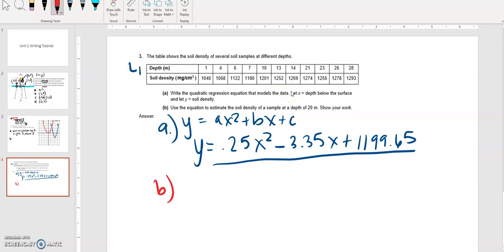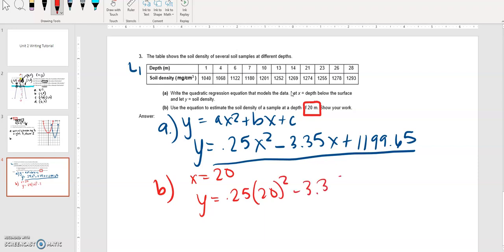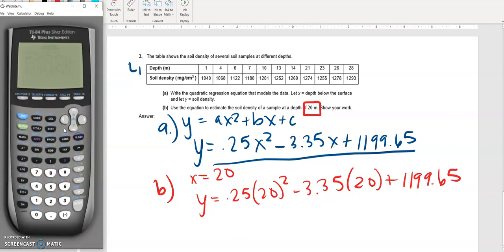For part B, it says use the equation to estimate the soil density of a sample at the depth of 20. So I'm just going to plug in, x is going to be 20. So I would get 0.25 times 20 squared minus 3.35 times 20 plus 1199.65. Now, you don't have to type all this into your calculator. The easiest thing to do is to go back to your y equals, and we're going to type in our equation that we wrote in part A. So 0.25x squared minus 3.35x